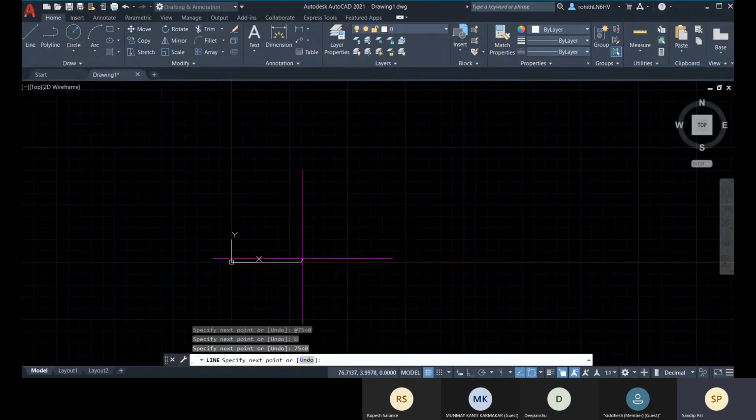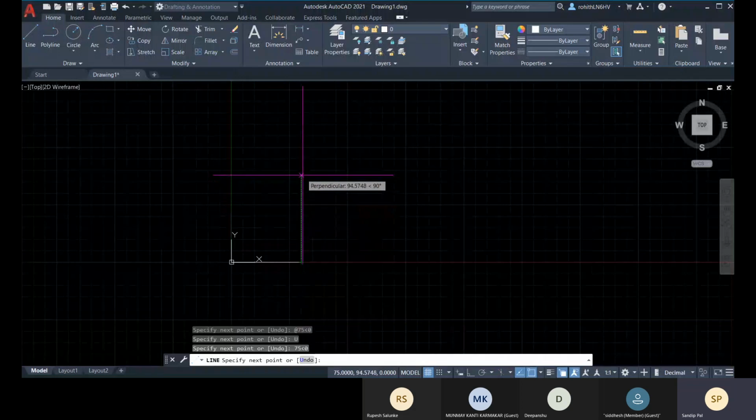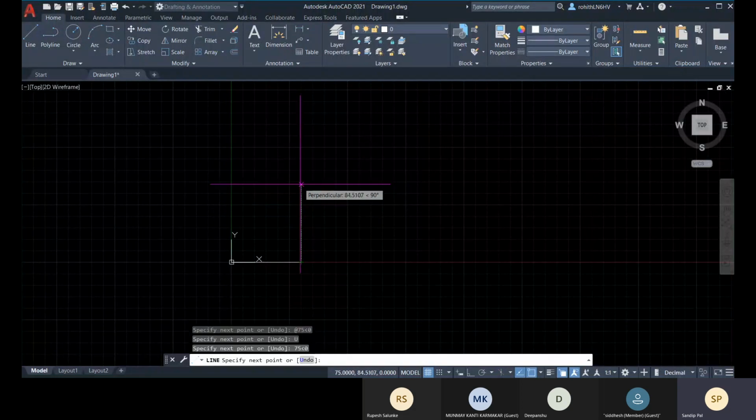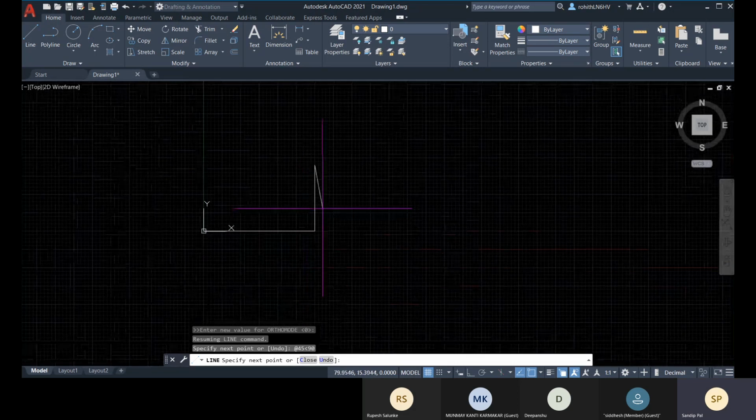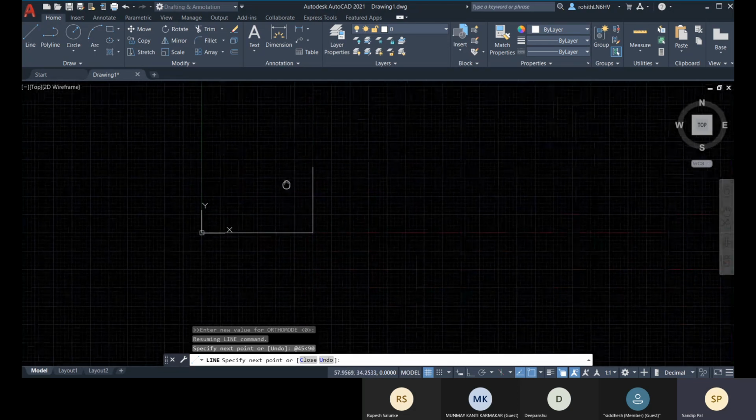So from this direction, I'll be going towards north in the 90-degree direction, right? So at the rate, then provide the distance, that is 45, and less than, again, 90-degree direction, right? And press enter. There you can see, right?